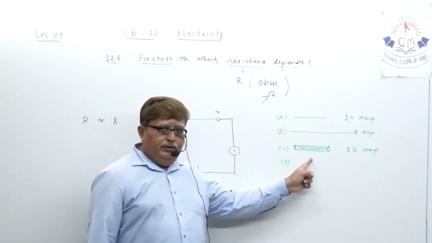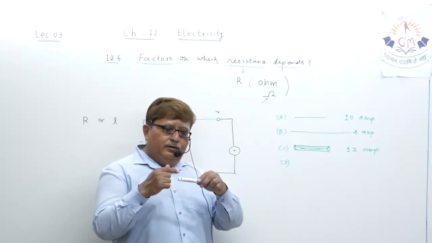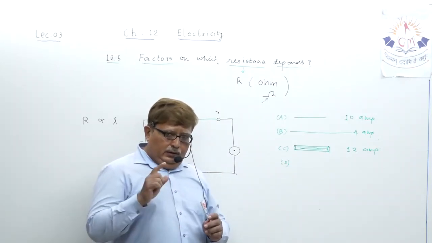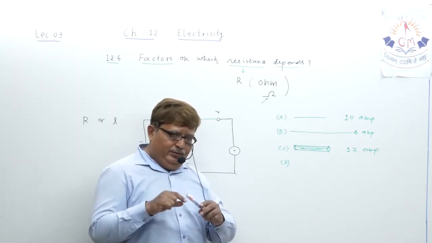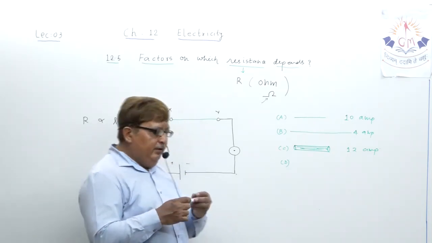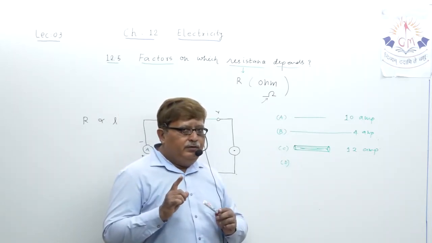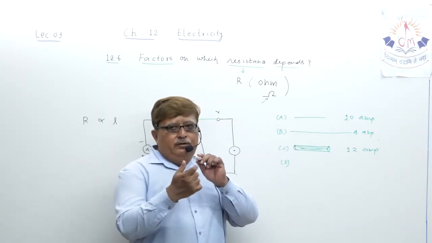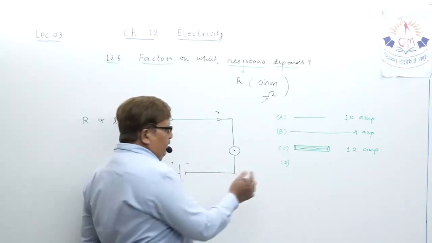By increasing the thickness of the wire conductor, what happens? Amount of current flowing increases. Current increases means resistance decreases. Actually, my dear student, when you are utilizing the word that by increasing the thickness, actually what you are doing, suppose, my dear student, I